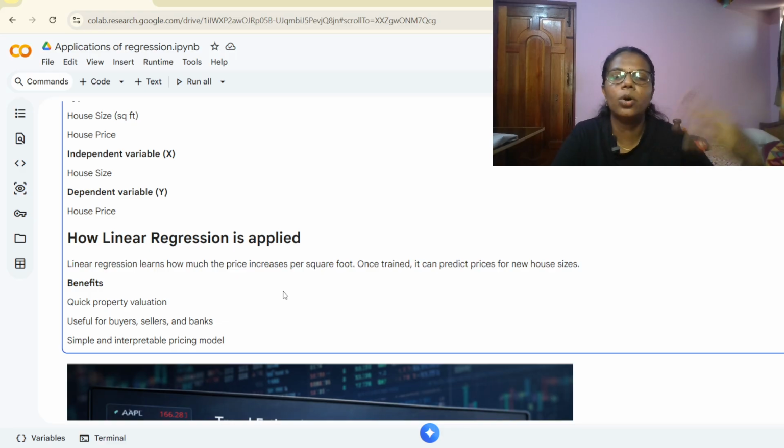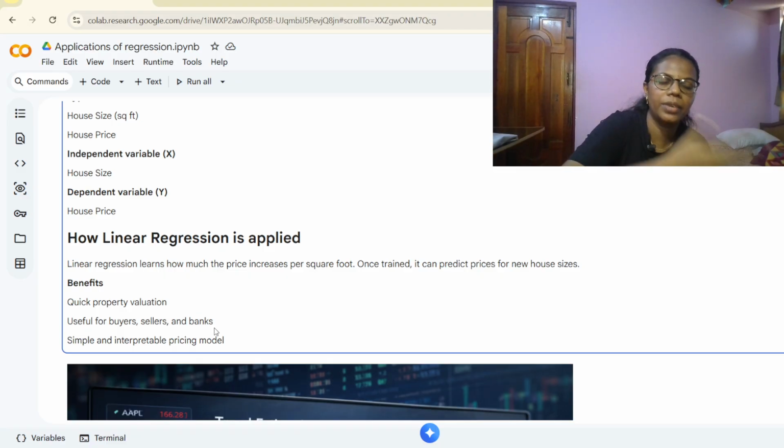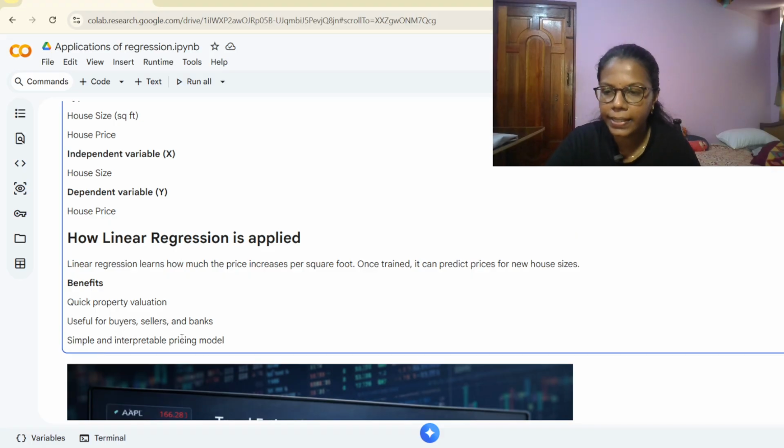If I'm entering any of the data, I can clearly get the price of the house. So if I am building an automated model, I can just use that for entering data and getting an output. That is how linear regression is such a powerful one in this particular application. So for quick property valuation, I can clearly evaluate how worthy this property is. Based on how far away it is and based on the size, I can clearly figure it out. Then it is useful for buyers, sellers, and banks. For banks, if they could give a loan for building the project, or if they are buying it, it is worthy or not. And it is useful for a simple and